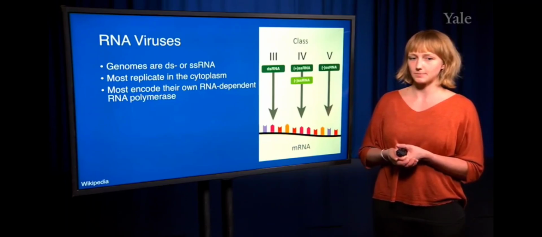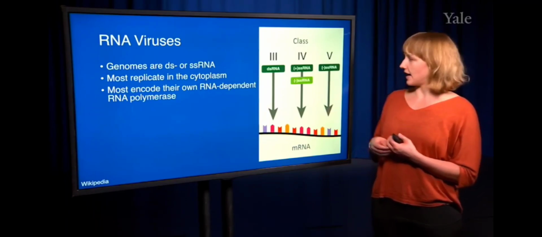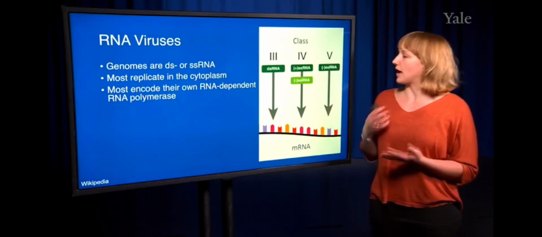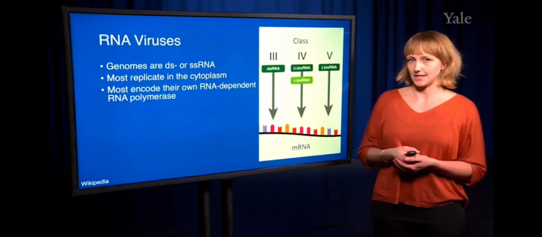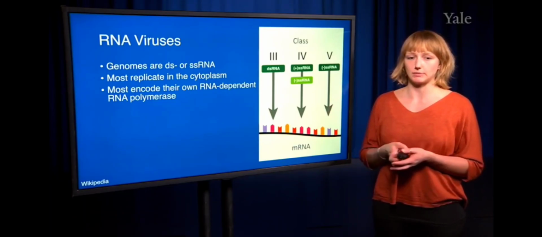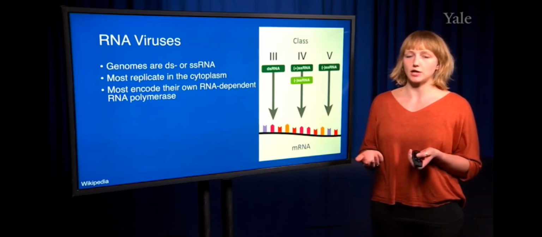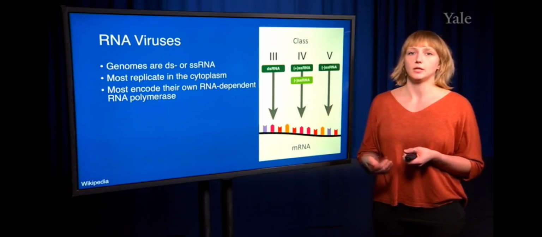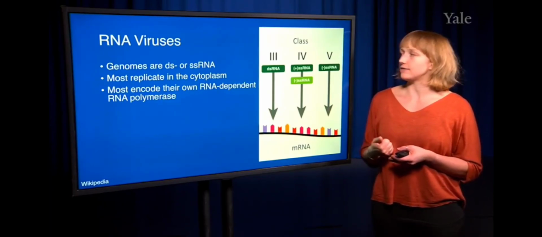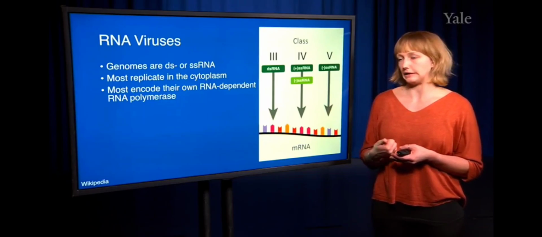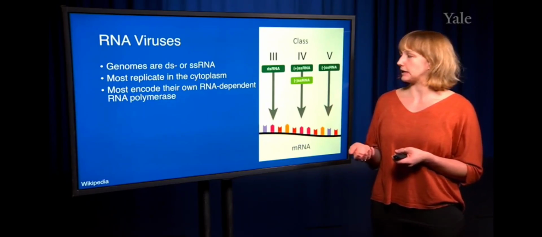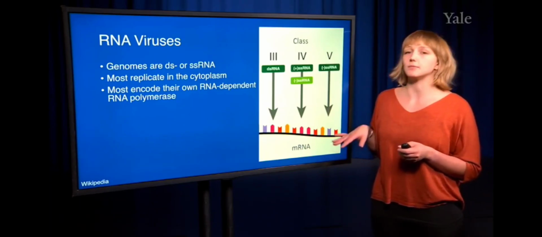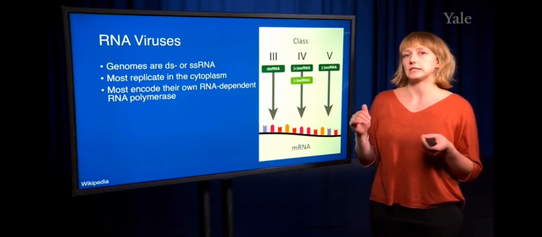So for class 5 viruses, these are negative single-stranded RNA viruses, which means that their own genetic material is not called infectious because their RNA cannot be directly translated. In order for class 5 RNA viruses to be replicated or for their proteins to be translated, the single-stranded RNA virus is directly transcribed into messenger RNA, so the negative sense strand encodes for the mRNA, which can